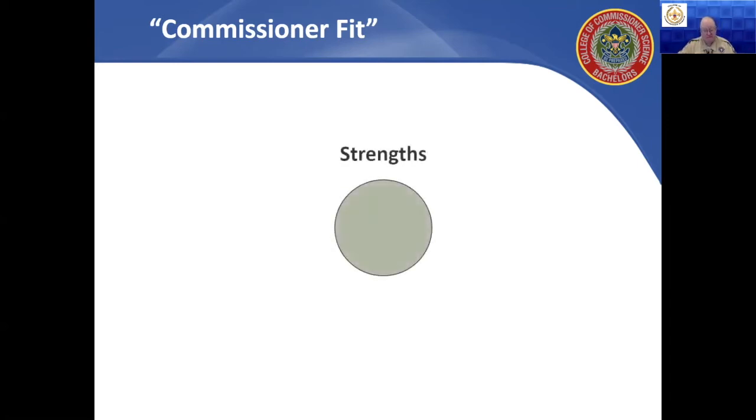So 1, strengths. As we look at strengths, we want to consider, what does the unit do well? It relates to the potential that we talked about earlier, the potential of our candidate. If a unit does a great job at developing an annual budget and their program plan, then we can have a commissioner who maybe doesn't have experience in those areas work with that unit, and they'd be a great choice. But in a unit that perhaps struggles in those areas, we probably need a commissioner that has more experience that can help them out. So we look at the unit's strengths.